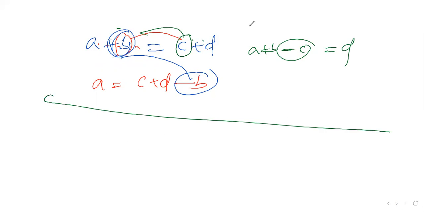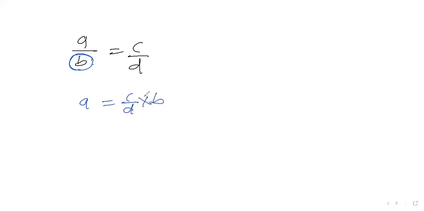Next, we have another example. I'll try to say it for you. If a by b is equal to c by d, and you wanted to shift the value of b to the right side, what is b doing? It is dividing a. If it is dividing, then if you go to the right side, it's multiply. So a is equal to c by d, and b should be multiplied on that side. Division means multiply. Okay, that is the case.